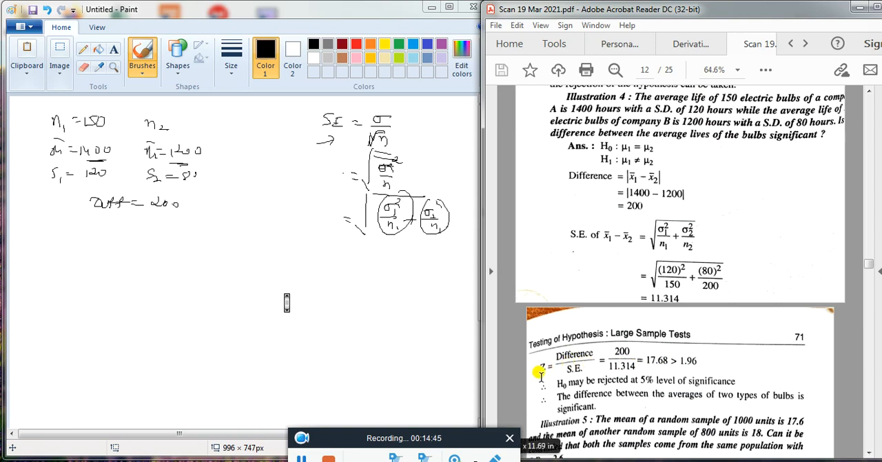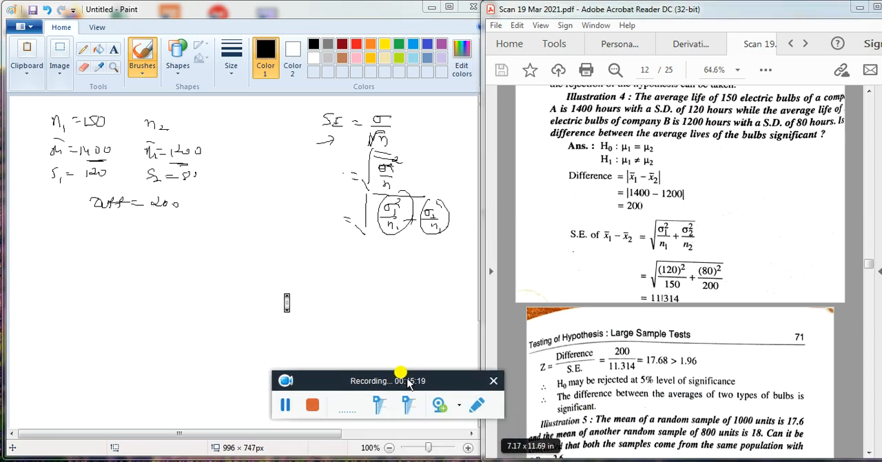Now what is the 1.96? It's a tabular value, so you can mention it in a separate line. Z tab is equal to 1.96 for the 5% level of significance for the two tail test. Then you may compare Z calculated and Z tabular. Here they have already calculated and mentioned that the calculated value is higher than the tabular value, so H0 may be rejected. So the conclusion is: the difference between the average life of the two types of bulbs is significant. Clear? So this is today's lecture. In the next lecture I will conduct